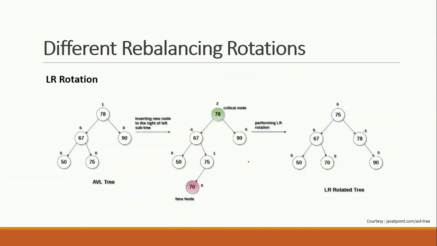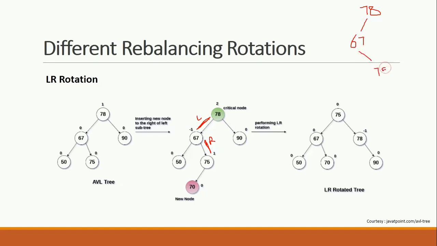We'll take an example also for better understanding. So this is an AVL tree. I inserted, like, 70 would be inserted here. The insertion strategy will remain as a BST. So where the problem is now, if you find the balance factor, the problem will be here. So which rotation is required? You can see this is the path, that is L, and this is the path, that is R. So LR rotation required. I will do this part only for your understanding. It is 78, it is 67, and this one is 75.